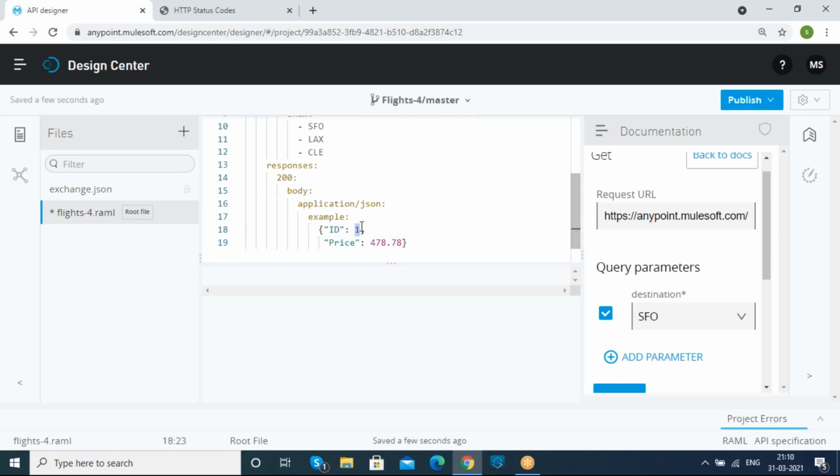Since I don't want to consider these numericals in string format, I am not providing double quotations for them. In this way, you can configure n number of fields over here. So this is how the JSON format is, very friendly, and it is a human readable language.